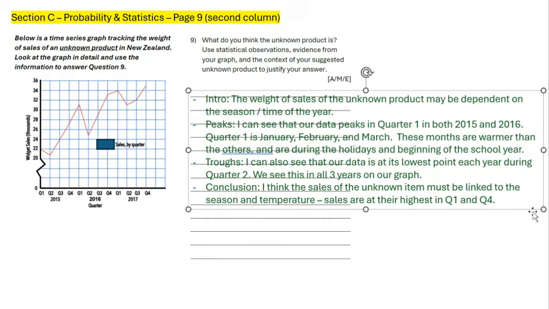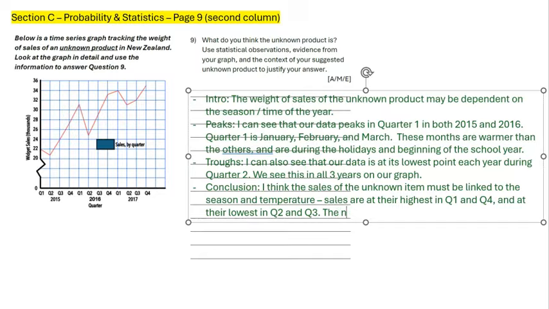So that certainly wraps up that. And then I suppose I should note the opposite, and at their lowest. So sales are going to be at their lowest in quarter two and quarter three. So let's make our final statement, I suppose. So the unknown product. So let's actually answer the question. So the unknown product